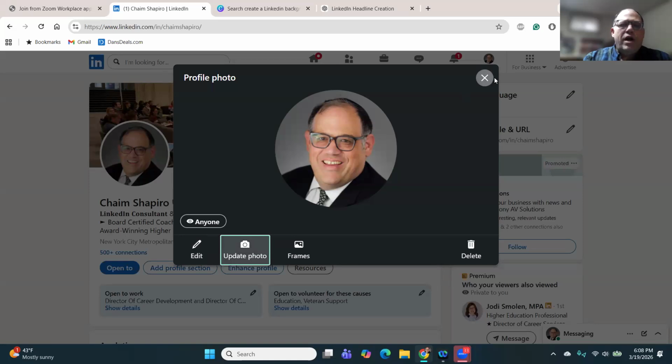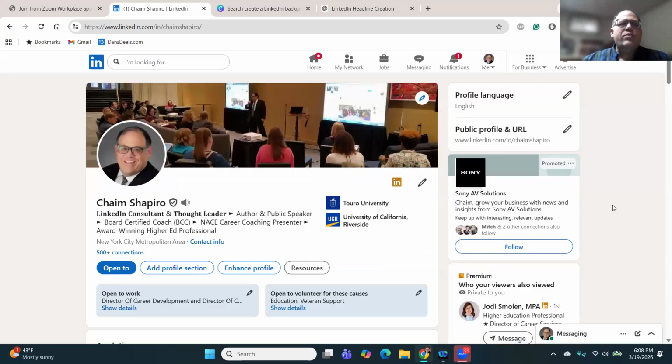Things you want to avoid are pictures of yourself at a wedding where you're cutting somebody off the picture, and they have a disembodied arm hanging over your head. You want it to be a shot just of you, not of your family, not of your dog. When somebody sees that, they can actually relate to you in that picture. So if you don't have a professional picture, that iPhone against the white background, wearing the clothes that would be appropriate, makes the most sense. Okay, I'm going to move along to the next part.